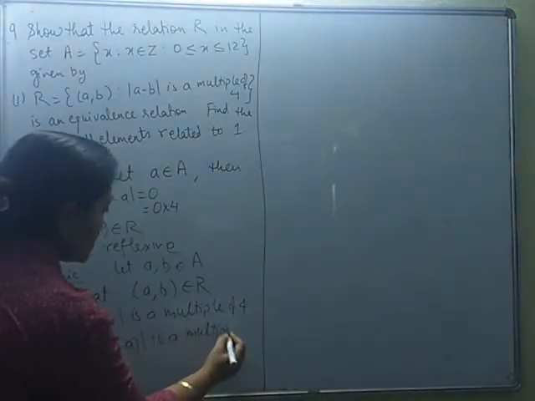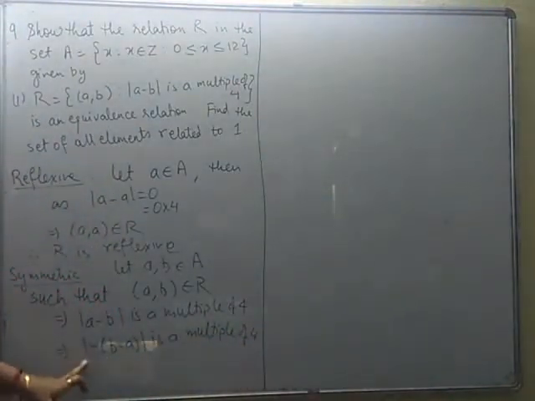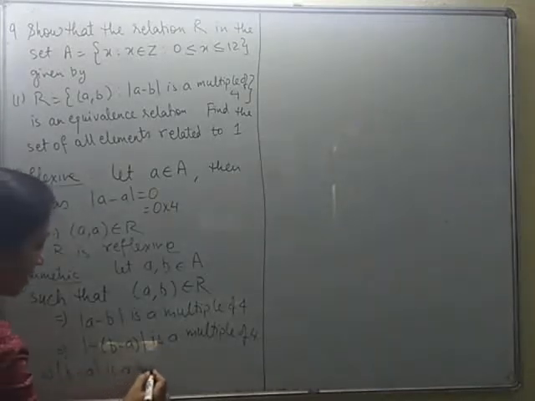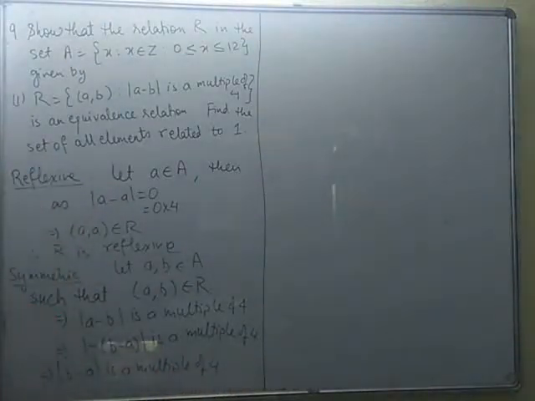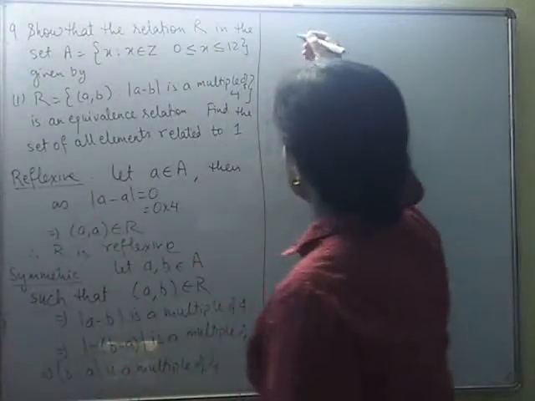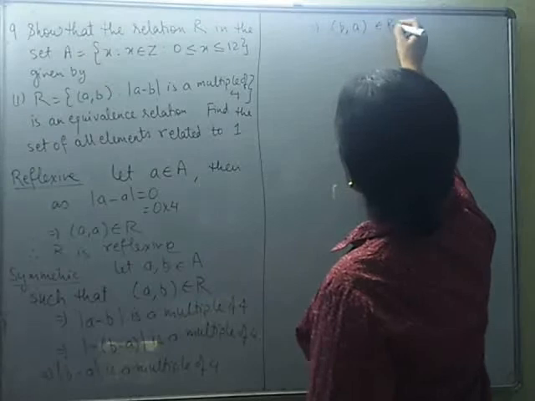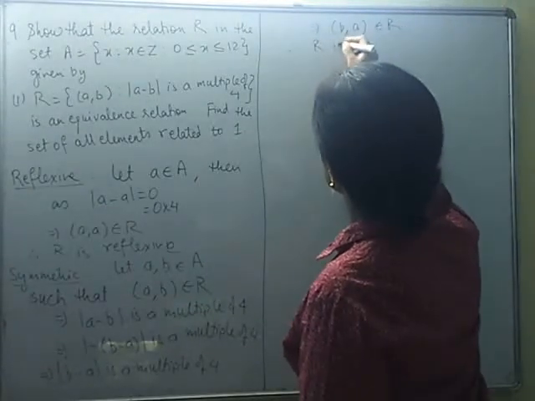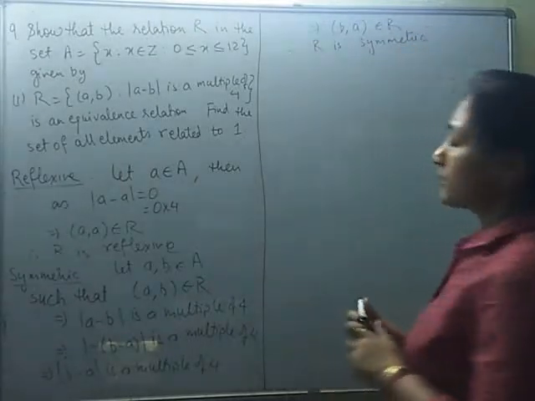is also a multiple of 4. If I take the minus sign common from the term, the same term can be written like this. We know modulus of a positive integer or negative integer will come out to be positive only. So we can come to the conclusion mod of b minus a is a multiple of 4. So the relation which a was satisfying with b, same is satisfied by b with a. That means the pair (b, a) belongs to R, and therefore R is symmetric. So we can see the given relation is also symmetric.